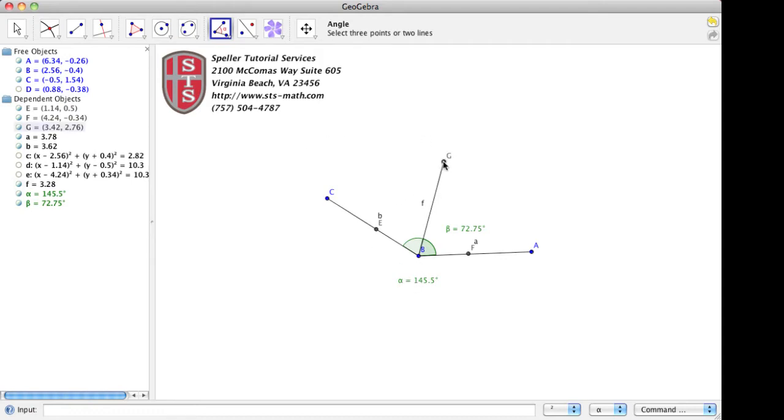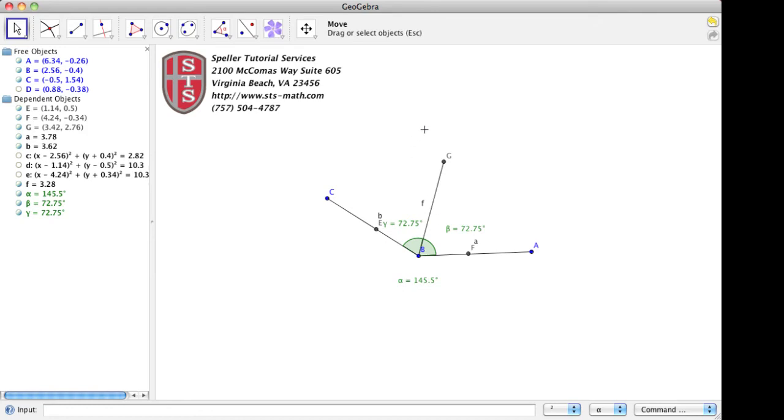And we're going to do the same thing for angle GBC, going in a clockwise motion starting at point G, going to point B, and then to point C. And then we see that we have angle Charlie created, and you see angle Charlie also has a measure of 72.75. If we do some quick addition, we'll see that those 2 angles actually add up to be 145.5 degrees.